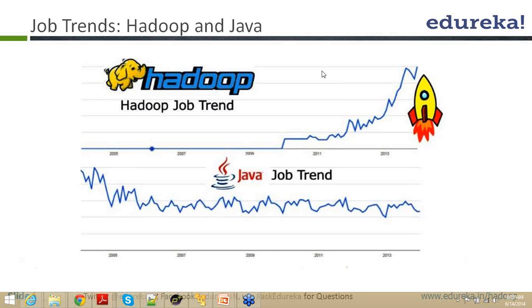So there is a good demand for Java professionals, and at the same time there is a good supply of Java professionals, right? So these are two distinct things. But what is more interesting is, if you look at the next slide,